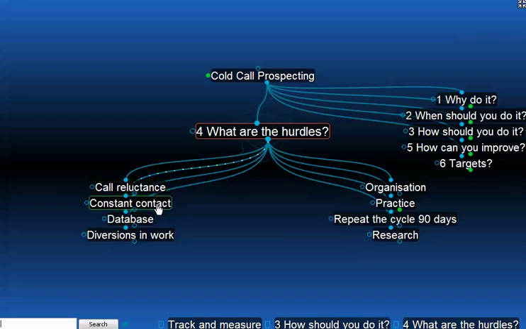Constant contact is quite important. So when you open the door with someone on the telephone, perhaps you couldn't get a meeting with them. If you can't get a meeting, then you need to be calling them back again every 90 days just to get to the point where you can get a meeting with them. If you've identified that they are real people that require property help at some stage in the future, then constant contact will be required. It is a known fact that it takes 2 or 3 approaches to the same person before you can get a meeting. That's why you will need a good database to trigger the ongoing calls to help you stay on track.